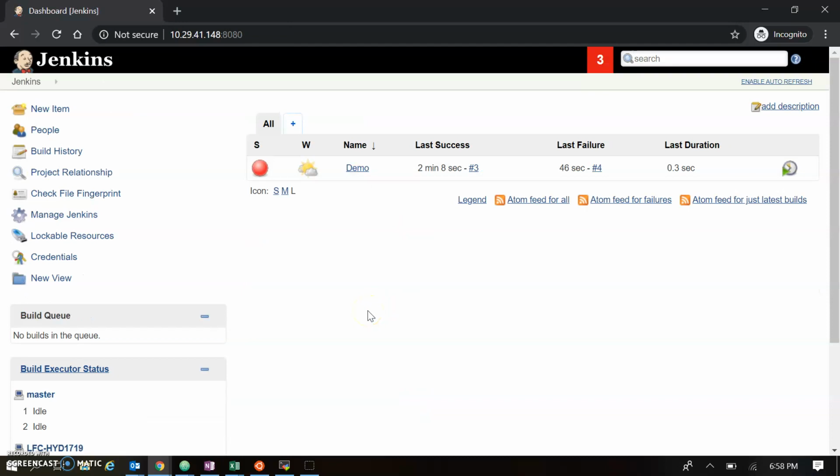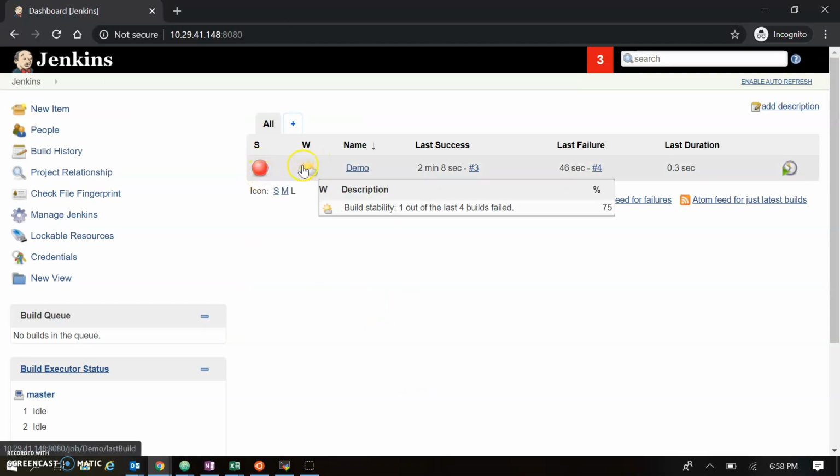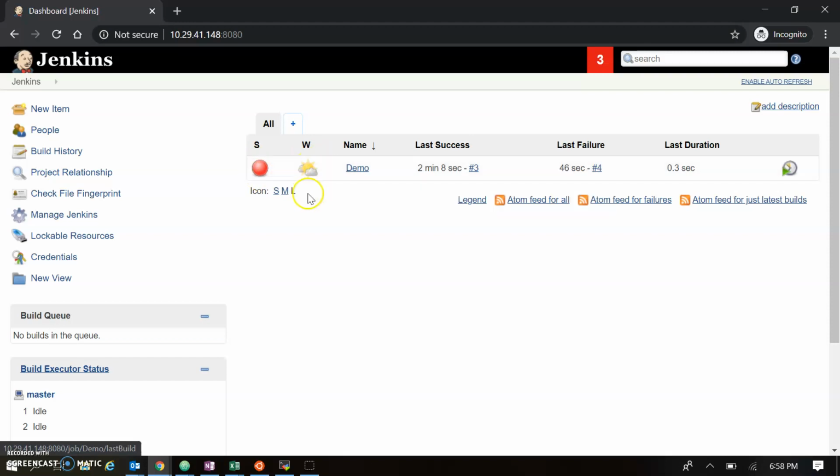Let's go back to the dashboard view. Here you can see our build failed, and this is a cloudy icon you can see here. So there's a possibility of rain. Let's trigger one more time to see the weather changing. We have triggered.